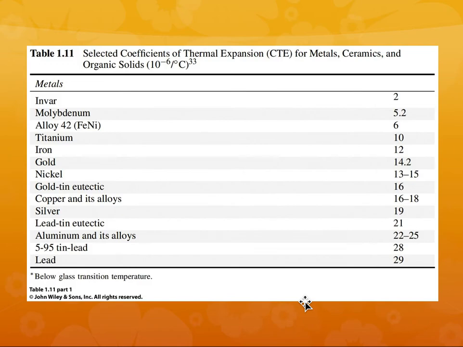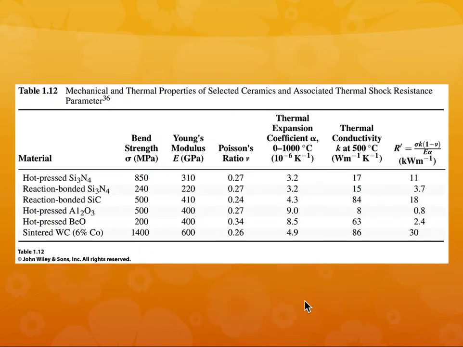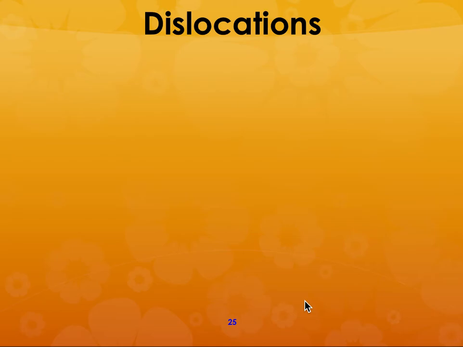So these are again coming from the textbook. I'm not going to go over that. So you will be asked to calculate the yield phenomenon, or whether yielding will take place or not in a material based on these values, according to either the Tresca criterion or the von Mises criterion. Now,